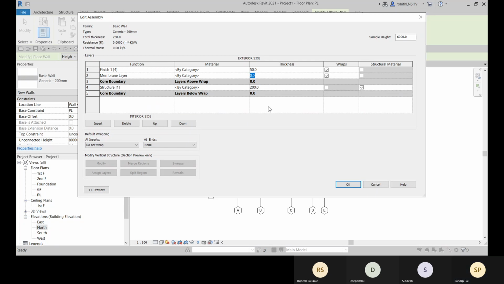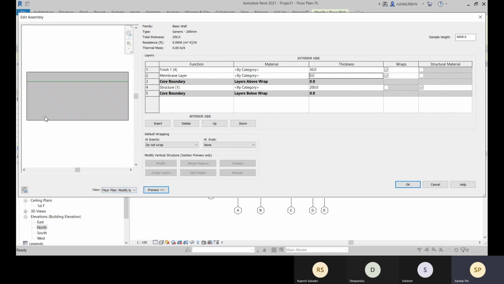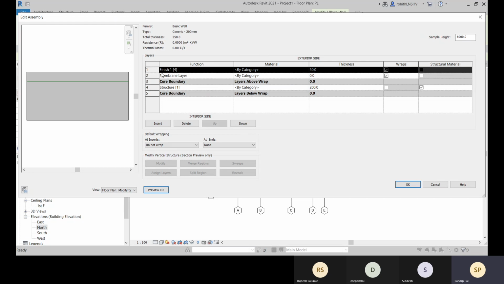Now you can see this is the total configuration of the wall. You can check from the preview. This is the finish layer which is placed to the exterior side, and we have the core layer, and including all these layers, this is the total wall, right?